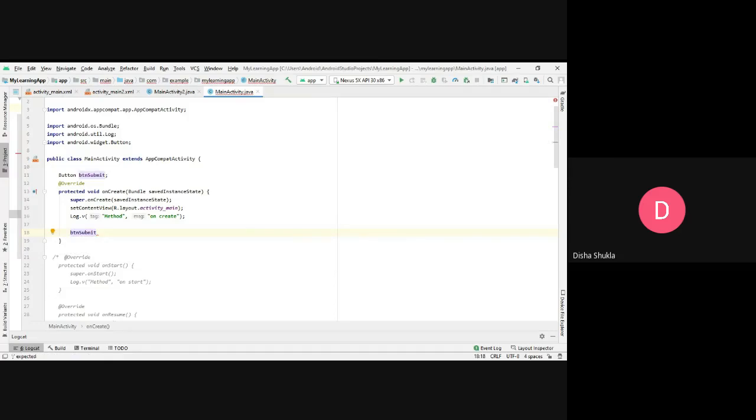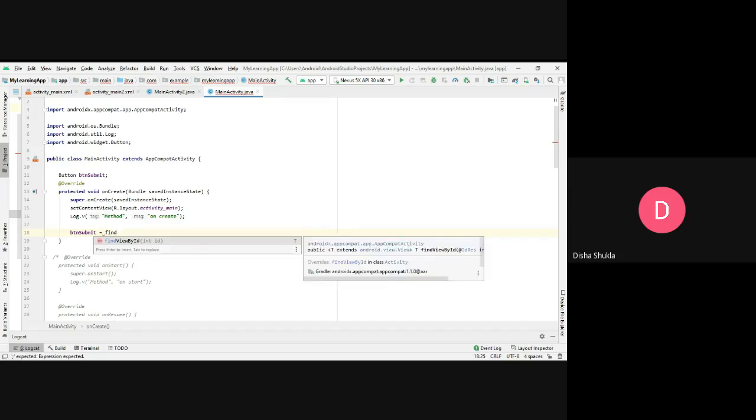Now how do you initialize an object in Java? Name of the object is equal to new and class name. But for Android, we are going to use findViewById, and then we map the object to the one that we have placed in the xml file. For example, here we have btn_submit, and then I will be using, now this is a method that we have.